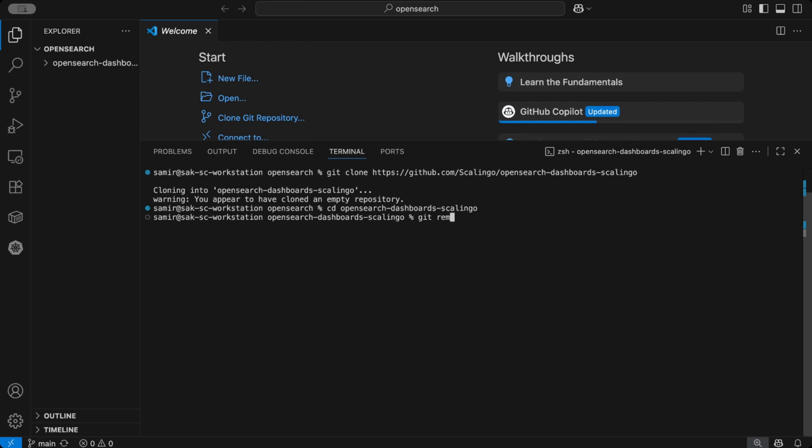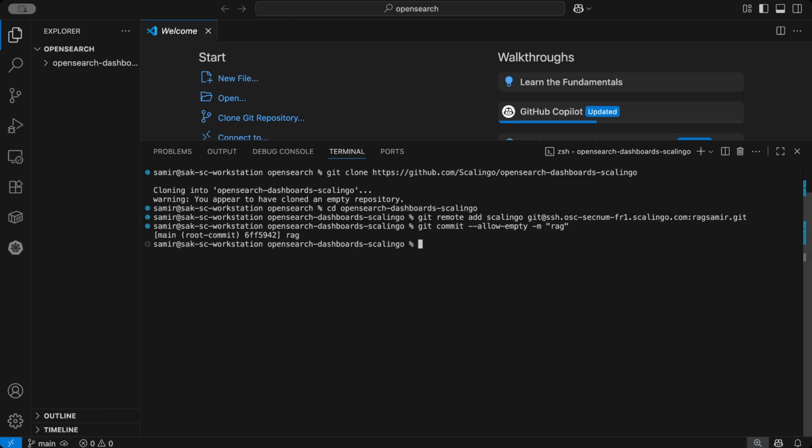Git remote add scalingo and the address. Now we need to commit. I'll call it rag. And we will push it into Scalingo.